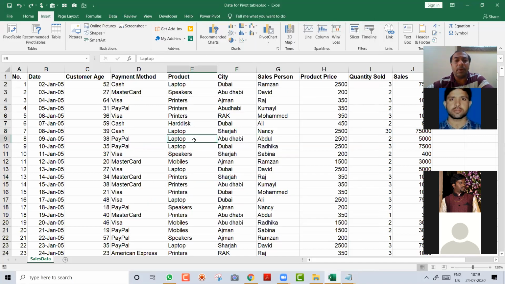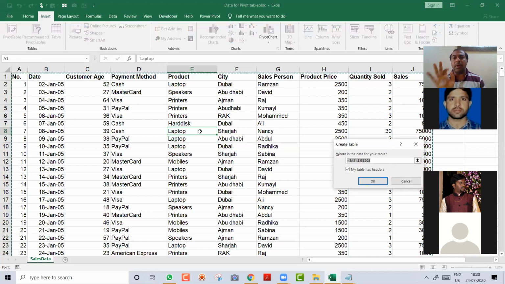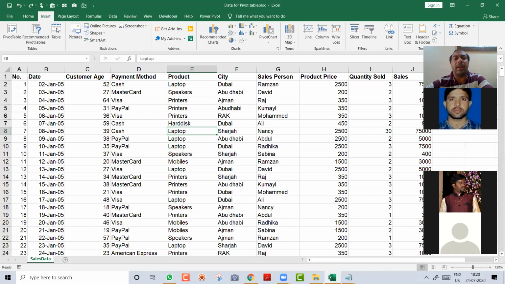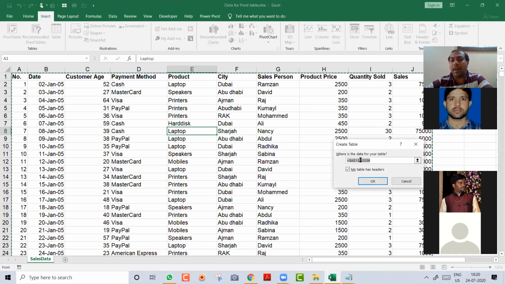The first step is I will put my cursor inside the data. And the first step, what you will do is press Control T, table. Why will you convert this into a table? So that in future, if you add more rows down, you just have to refresh and automatically your data summary report will be ready. So what is the first step? The first step is pressing Control T. So from the keyboard, I'm pressing Control T. If you forgot Control T, then you go to Insert and there is an option, Table. I click on Table and I say okay.